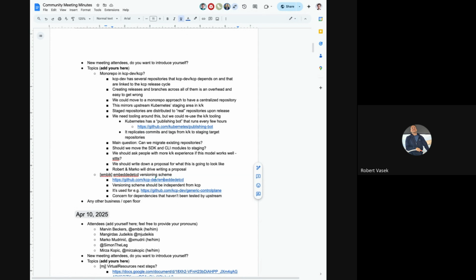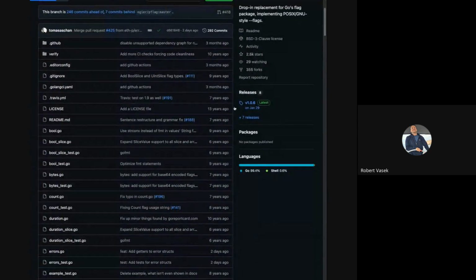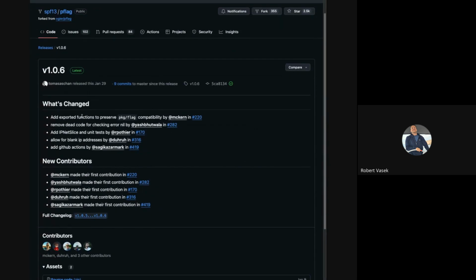Will do. Just as a fun fact, the pflag module going from 1.0.5 to 1.0.6 has a breaking change in the library API. So yes, upgrading patch versions should be fine on paper, but in practice, just doing those couple of rebases for KCP, I've seen so many breaking changes, even in patch releases, that it's a bit frightening.